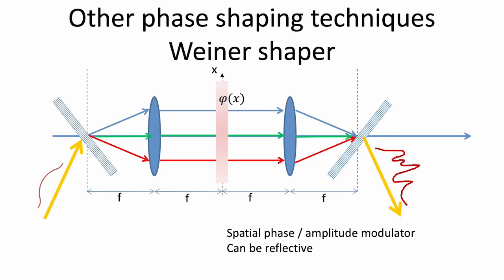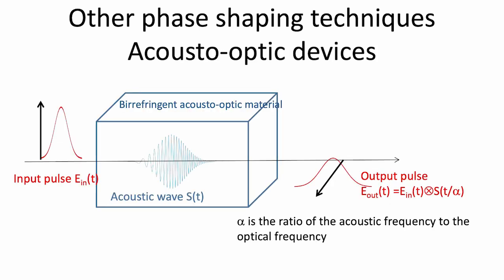The phase filter in your focal plane will tailor the phase in your spectrum, because different frequency components go through this filter at different locations. So after you recombine your pulses, you can imprint the phase or eventually the amplitude, whatever you want, to shape the pulses to whatever shape you want or to correct for distortions before.